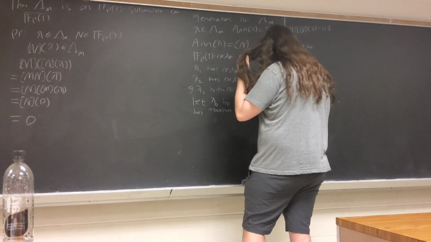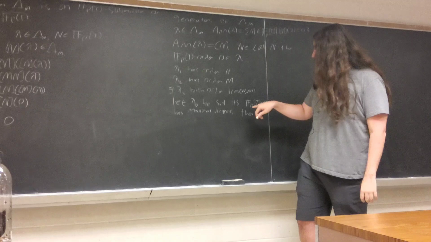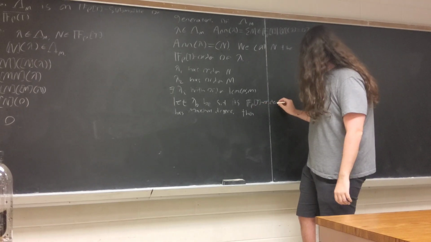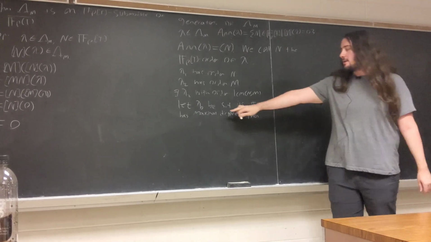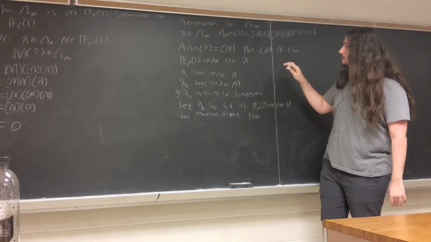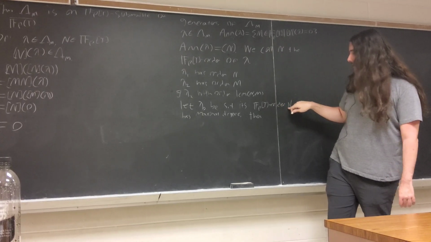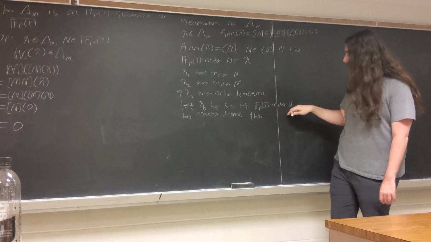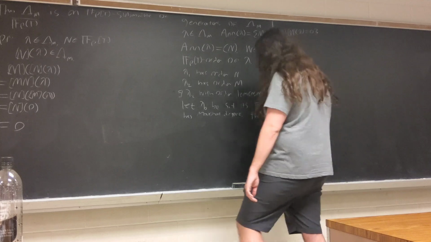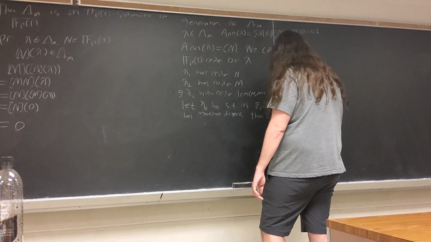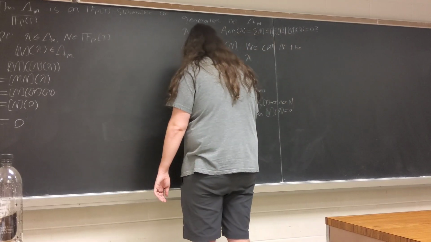So we can say that, and so from that, we can conclude that order, sorry, I should have named it. We're going to call that n. So lambda 0 will be an element in this lambda m such that its FPT order has maximal degree of n. Then we can conclude that n of lambda equals 0 for lambda in